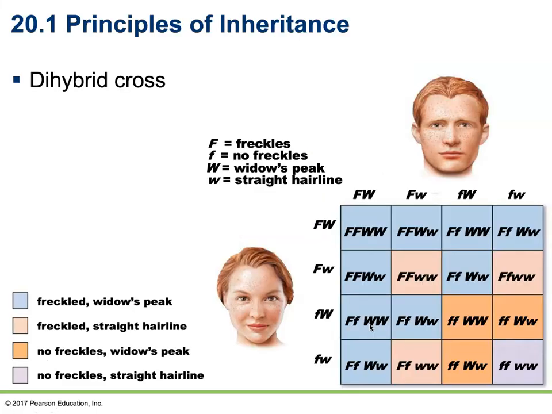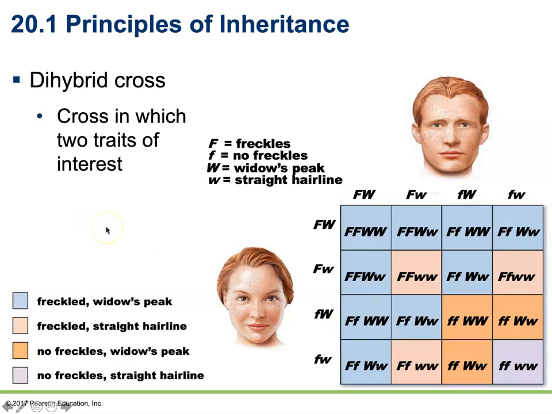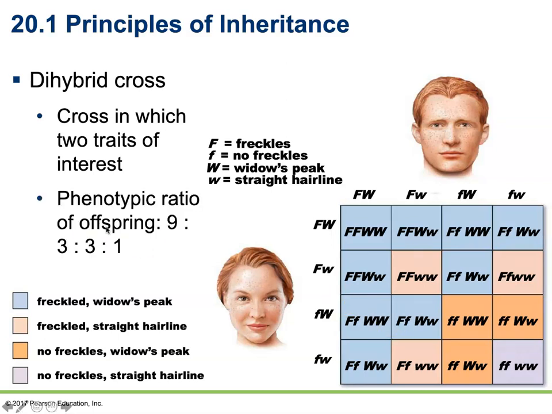In the case that we're looking at a dihybrid cross, where we're looking at two traits of interest, we're looking at freckles and widow's peak. If we were to cross an individual who had freckles and a widow's peak and was heterozygous for those two traits against an individual who was heterozygous for freckles and a widow's peak, we are going to find some interesting